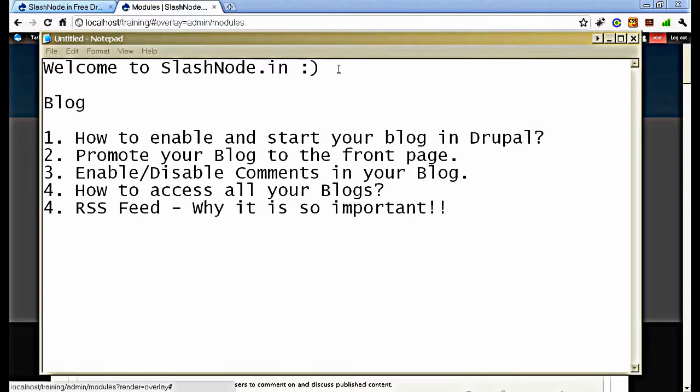I'll tell you how to access all the blogs that you have published to your website, and in the end I'll tell you how to create an RSS feed and why it is very important for a blog to have an RSS feed.